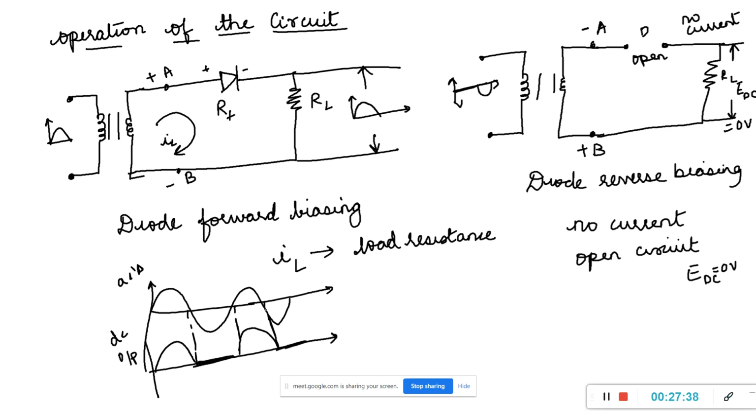In the next positive half cycle, the diode is on, and input is equal to output because the current flows and there is a voltage across the load resistor. During the negative half cycle of the second cycle, the diode is off, open circuit, no current flows, hence again 0 volts. This goes on continuously until you switch off the AC input voltage applied.